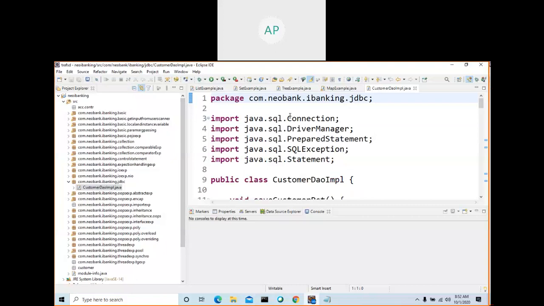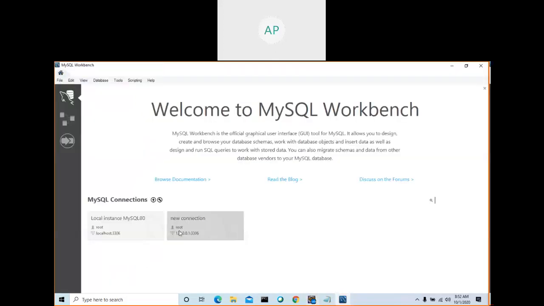If you see this program, see what classes I import. The java.sql Connection class I need, Driver class, PreparedStatement, SQLException, Statement. All are available in the package called java.sql.